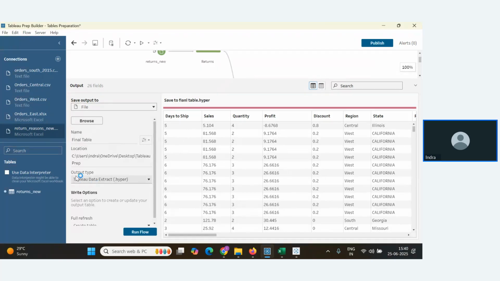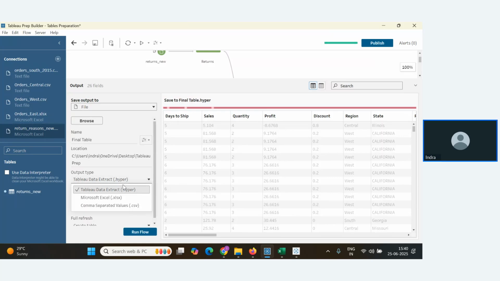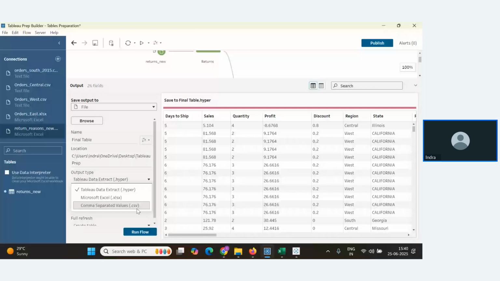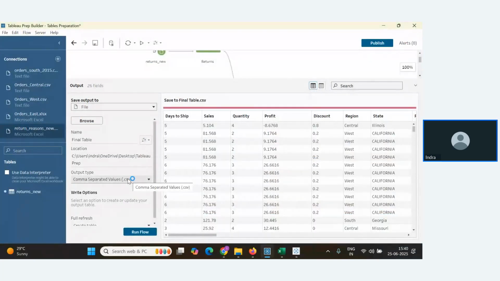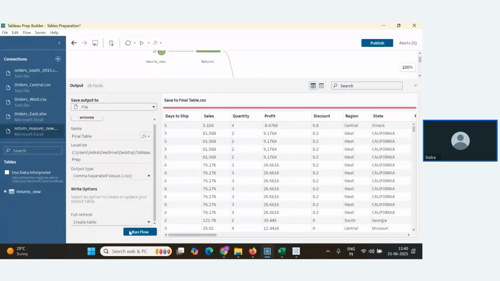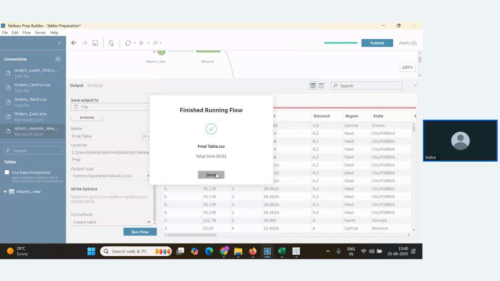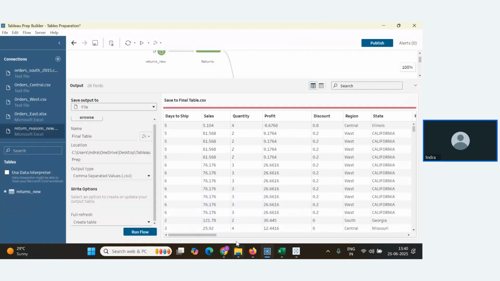After that, output type. There are three output formats: hyper file, Excel file, or CSV file. You can select any one, by the way. I'll select CSV. And finally click on run flow. That's it. You click on run flow, it will get saved in your local system.